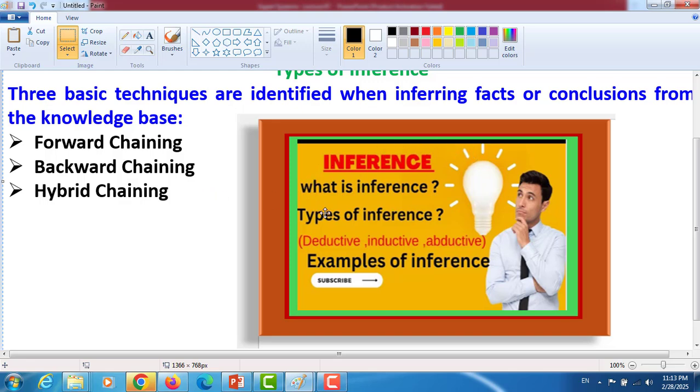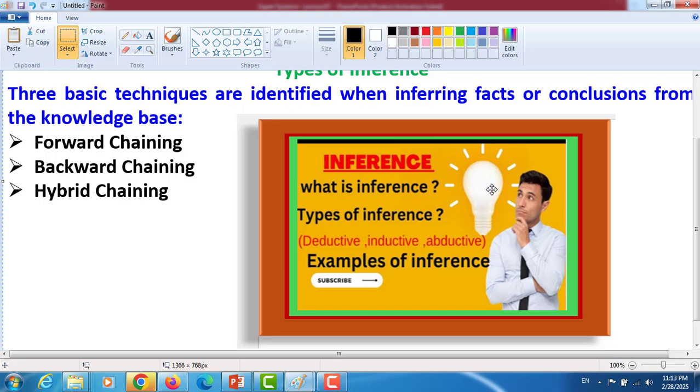In this image, we see the lamp and the expert person, and this lamp refers to new ideas or new innovation, the mental production of the human expert, which we call inference.